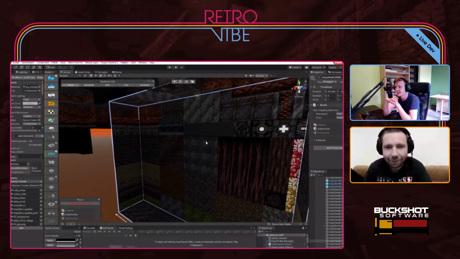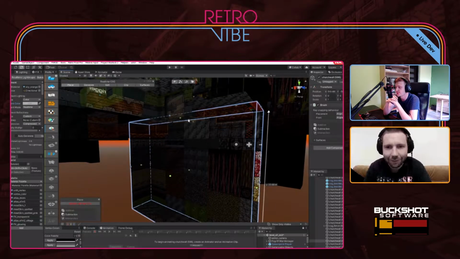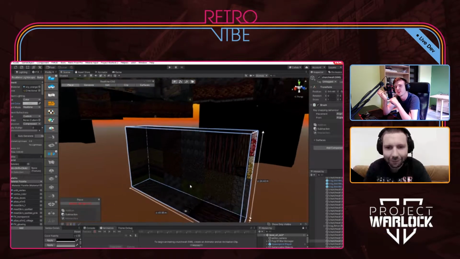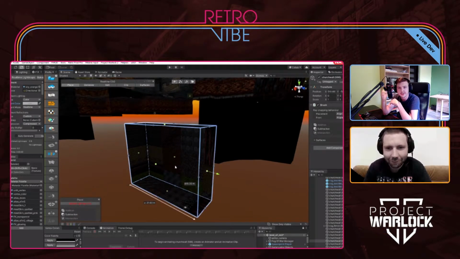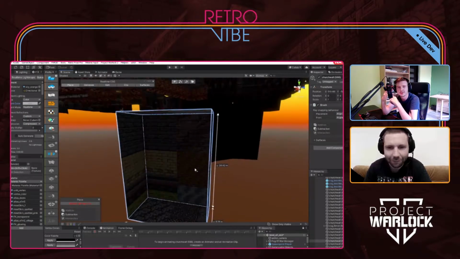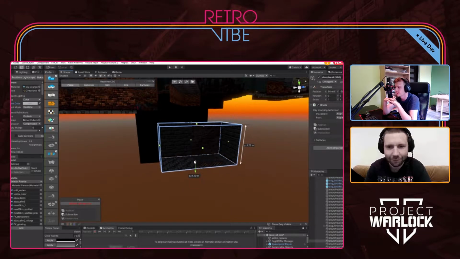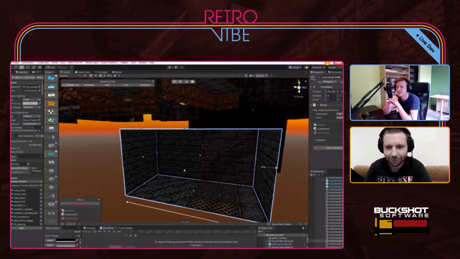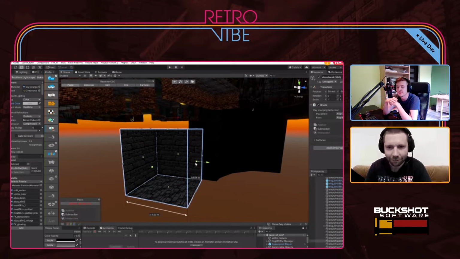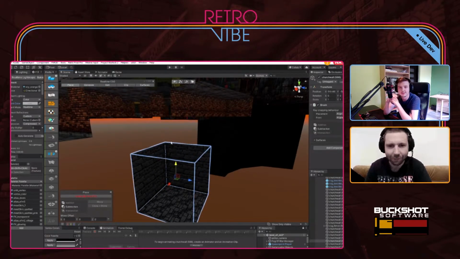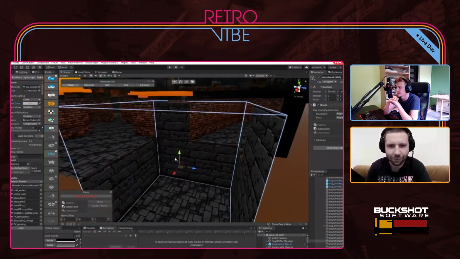And yeah, basically, that's one of the biggest problems of Project Warlock, which we did not know back then, but we learned a lot over the years. And this is why we are using texture atlases right now, which we did not use in Project Warlock. So with this new knowledge, we can actually improve the performance of the game in a big way.